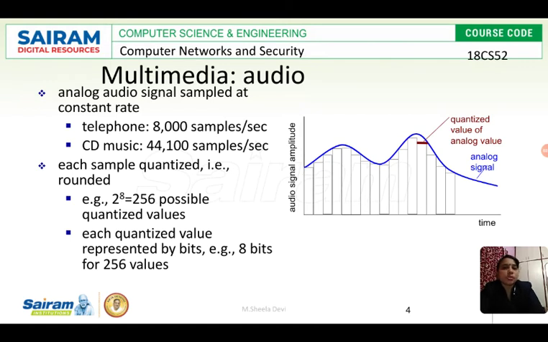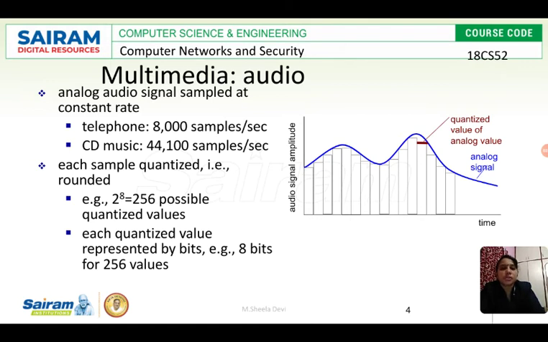We have two processes involved in converting the analog audio signal to digital data. The first process is sampling, in which the analog audio signal is converted into real number values. After that, quantization is done, with which we convert these into finite values.